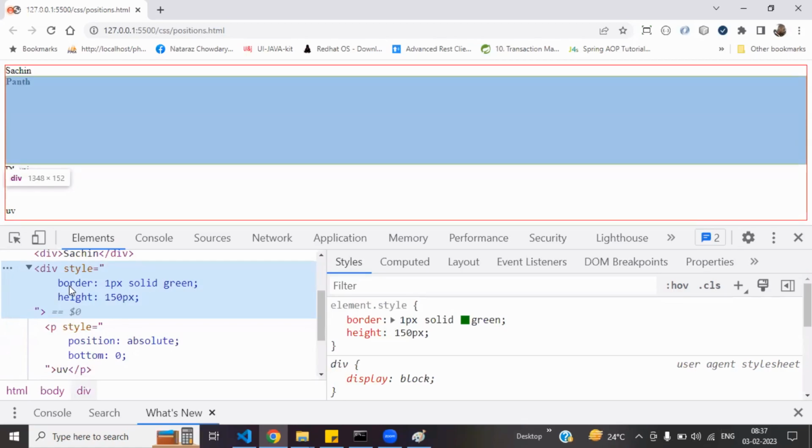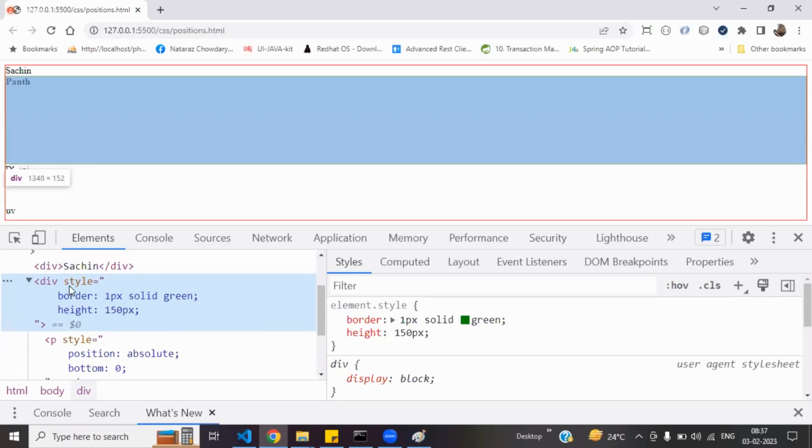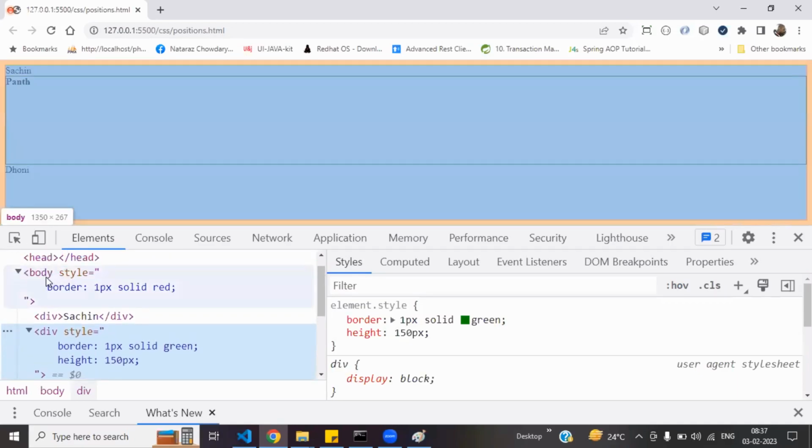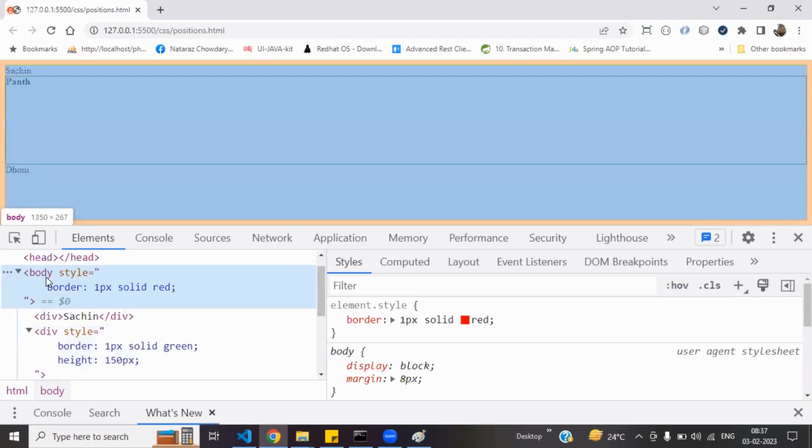My parent, not there. If it is not there, it does not take the reference of that parent. It goes to the next level parent. Who is the next level parent? Body. Is my body, okay,